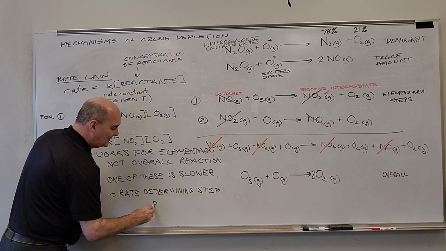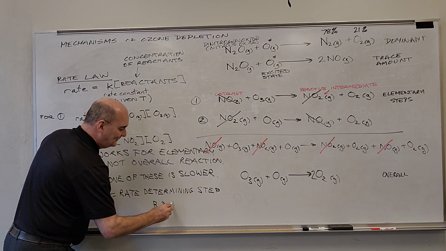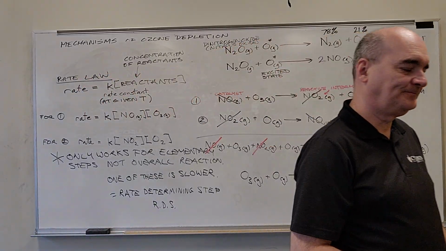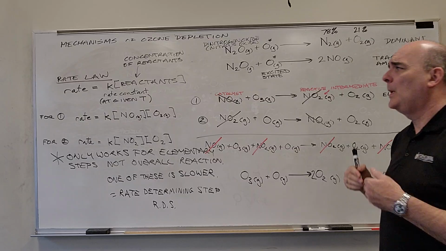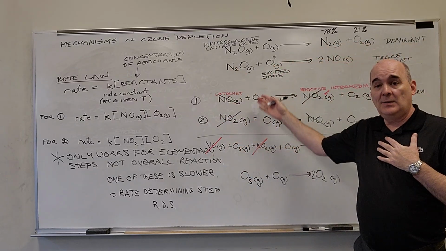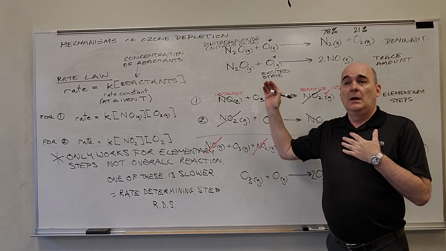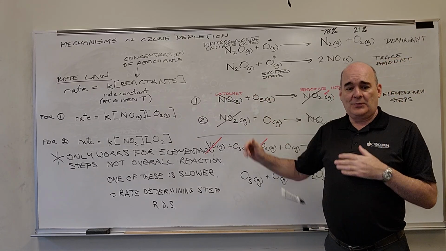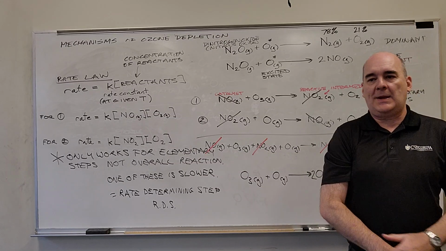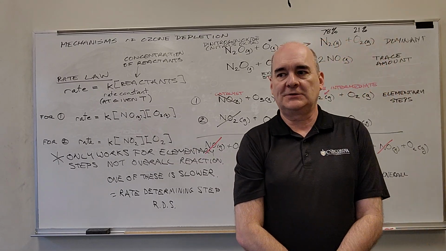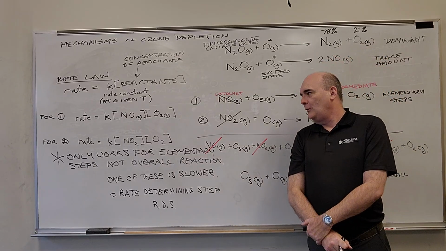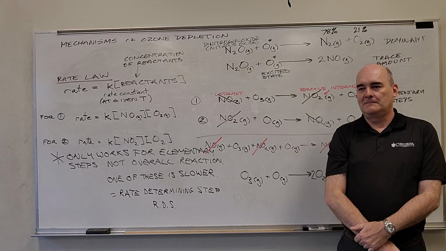Whichever one is the slowest step is called the rate determining step. In any multiple step process, this one only has 2 steps, but it doesn't matter how many steps you have, one of those steps is slower than the others. That's the one that all the math is going to hinge on,